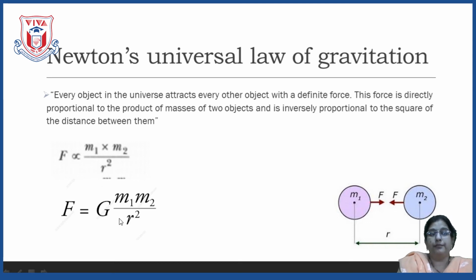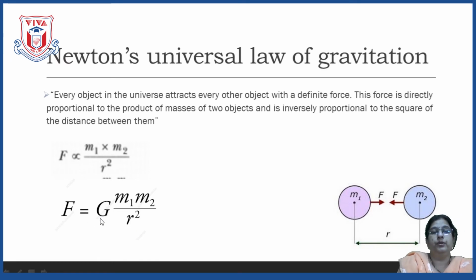But instead of that, if I increase the distance, now here the distance is r. If I make it 3r, that means if I keep the other object farther, the distance has increased. So, if the distance increases, what will happen to the force? If the distance between the two objects increases, then surely the force between the two objects goes on decreasing. Is it clear? As they are inversely proportional.